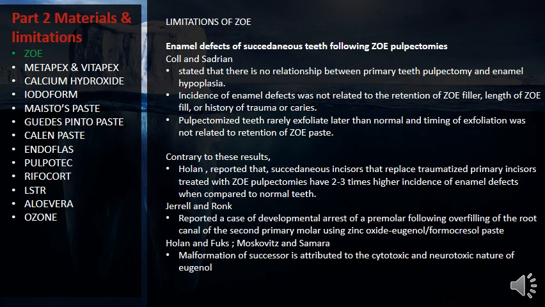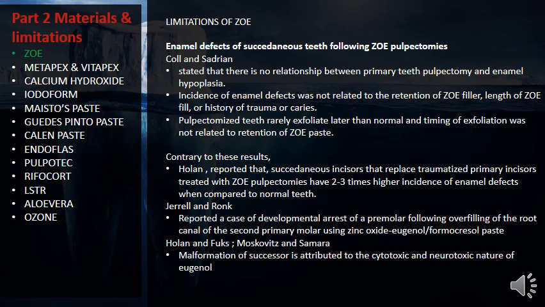Limitations of zinc oxide eugenol. Enamel defects of succedaneous teeth following zinc oxide eugenol pulpectomies. According to Coll and Sadrian, there is no relationship between primary teeth pulpectomy and enamel hypoplasia. Incidence of enamel defect was not related to retention of zinc oxide eugenol filler, length of zinc oxide eugenol fill, and history of trauma or caries. Pulpectomy teeth rarely exfoliated later than normal, and timing of exfoliation was not related to retention of zinc oxide eugenol